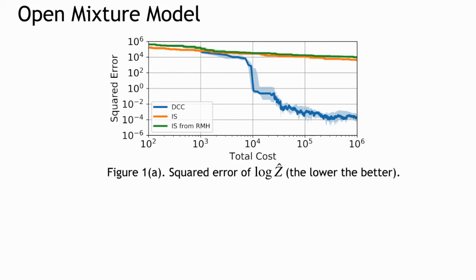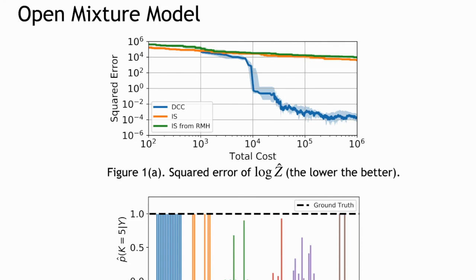You may wonder why our main baseline is importance sampling. This is because when we encounter new configurations, many sophisticated methods redraw things from the prior, which essentially falls back to importance sampling. We further investigate the posterior of the cluster number K over 15 independent rounds. In particular, we look at the posterior of K being 5, which is the number of clusters when generating the synthetic data. As we can see in the bar plot, DCC produces the most accurate and consistent results.